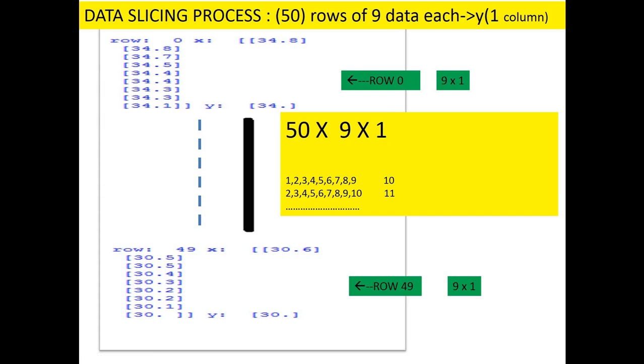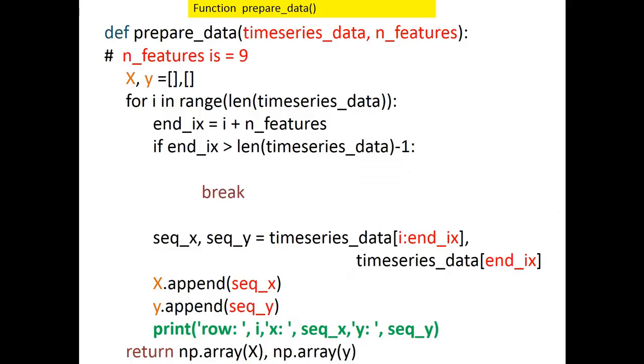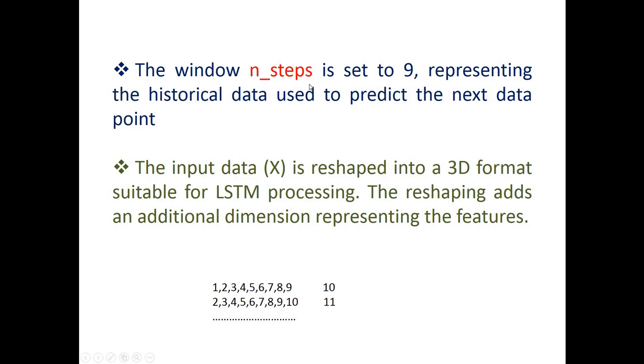Now you are basically doing all these things through a function called prepare. In my earlier video also it was mentioned. You can stop the video and see it later. The output is going to be, you are passing n_step equal to 9. That means the window is equal to 9, representing the historical data used to predict the next data point. So ultimately, this function is making 50 such rows in this format,